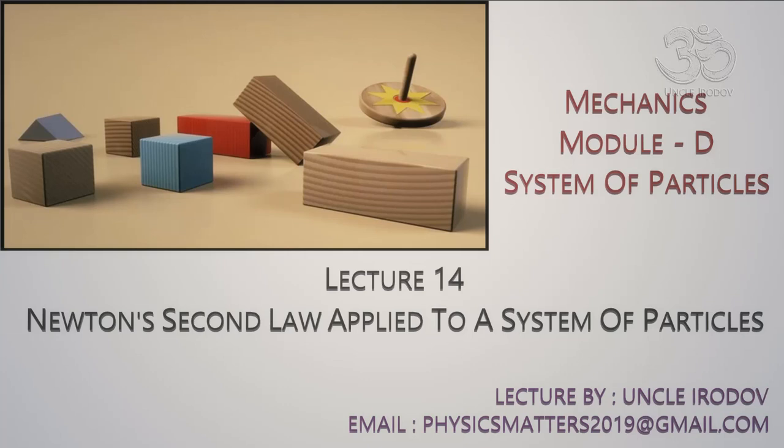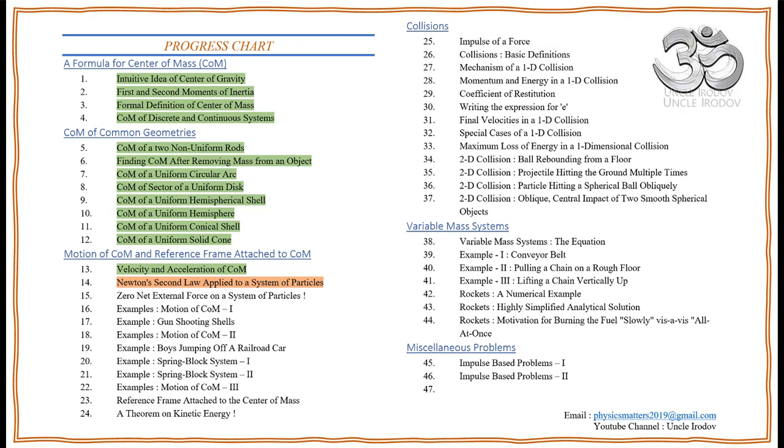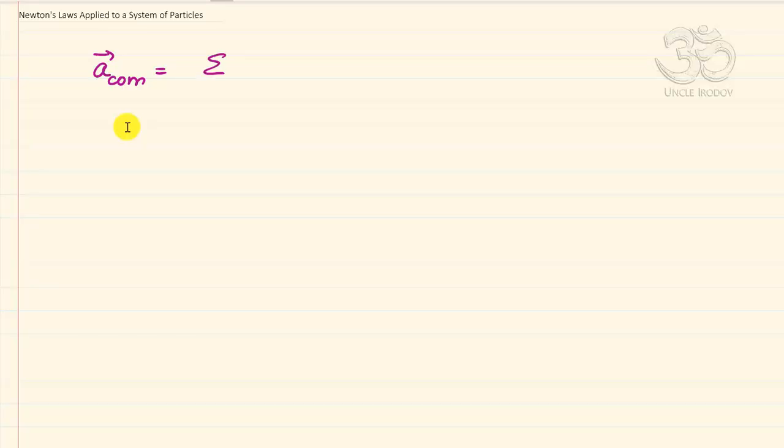So let's have a look at that expression for acceleration of center of mass in a bit more detail. The expression which we got was this: acceleration of center of mass turned out to be summation of mi ai divided by summation of mi. Now if I break this up, if I write the numerator as independent terms, what it will look like is